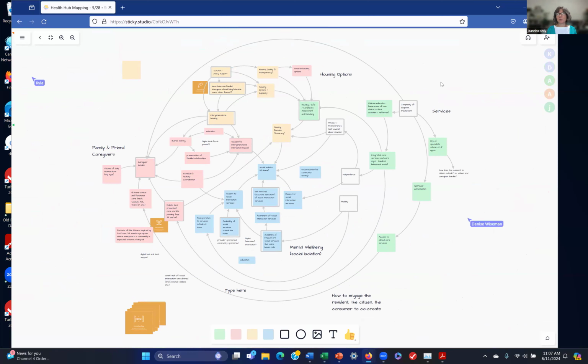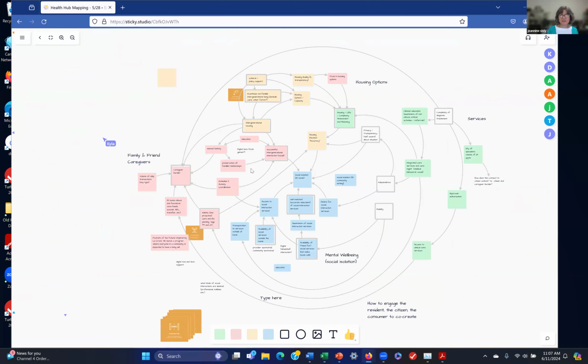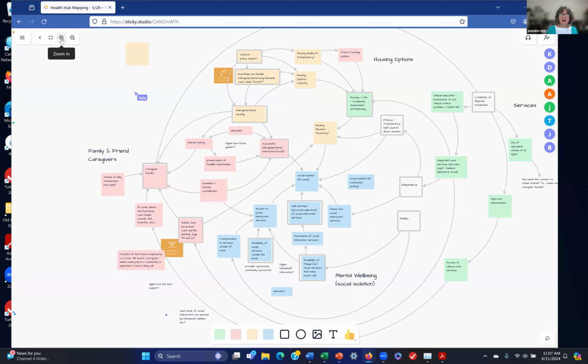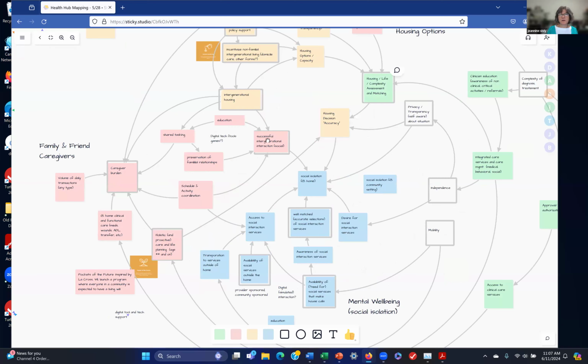At the end of the last session, what we did is say, what is popping out as maybe the more powerful leverage points, the way Anne-Marie described. And we picked intergenerational living. We picked, hang on, let me get a little bit more zoomed in here. So it was, let me back up. A big part of our focus on session 2 was social isolation. So we honed in on intergenerational living and caregiving burden